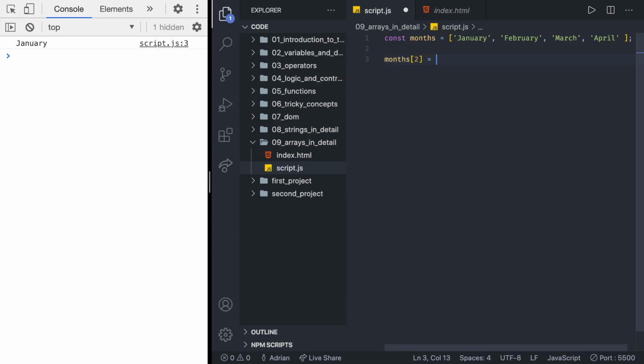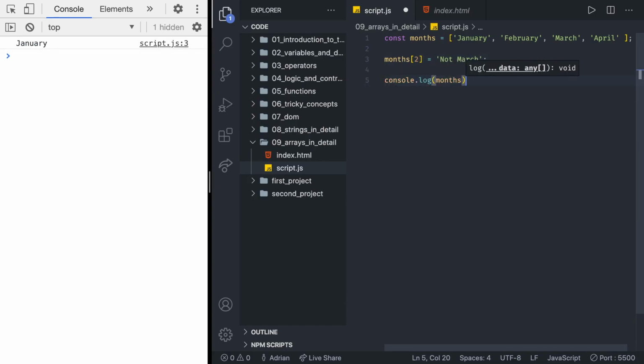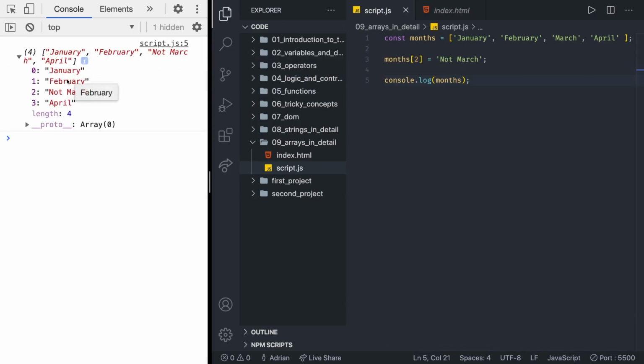We can say months[2] is equal to, and let's do "not March", so we're going to change it. And afterwards, we can console log the array. Let's see how it's going to look right now. You can see we have January, February, not March, April, which means that we successfully changed the third element in